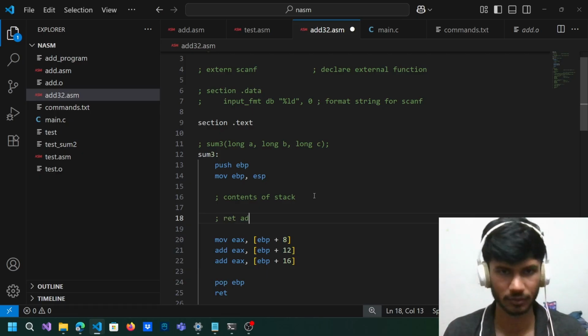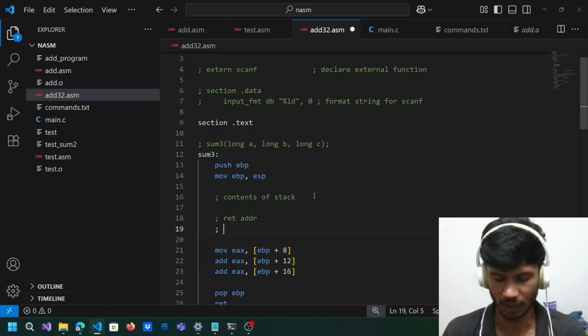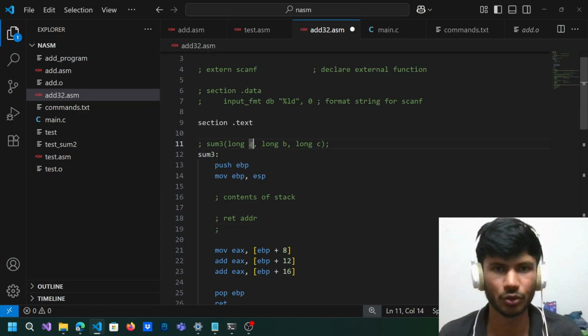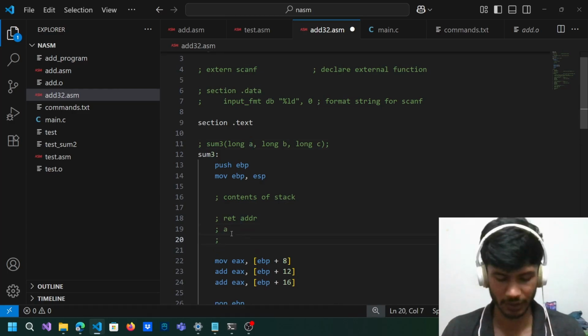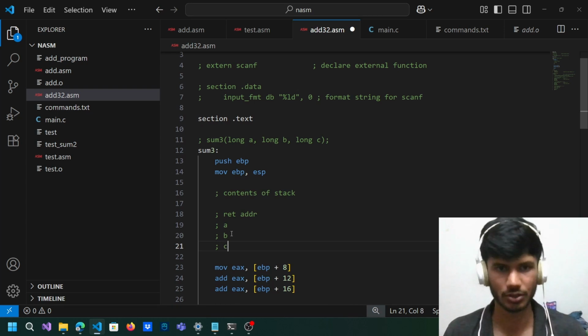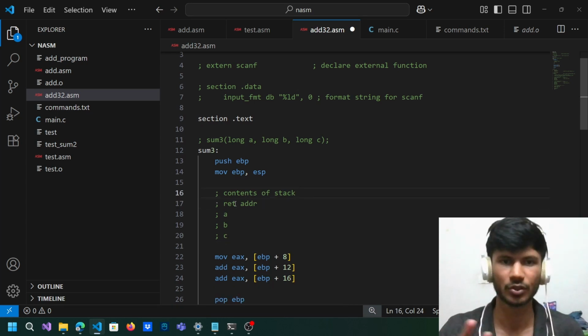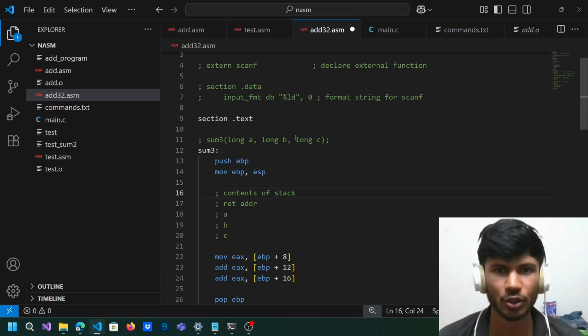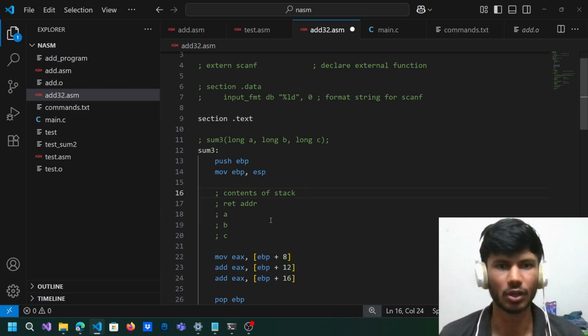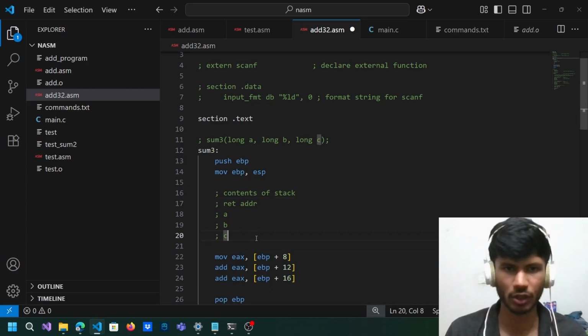RET, the return address. Then followed by your parameters. A will be stored. Then next parameters B, then C. So this will be stored. So this A, B, C will be stored. And see, initially your stack